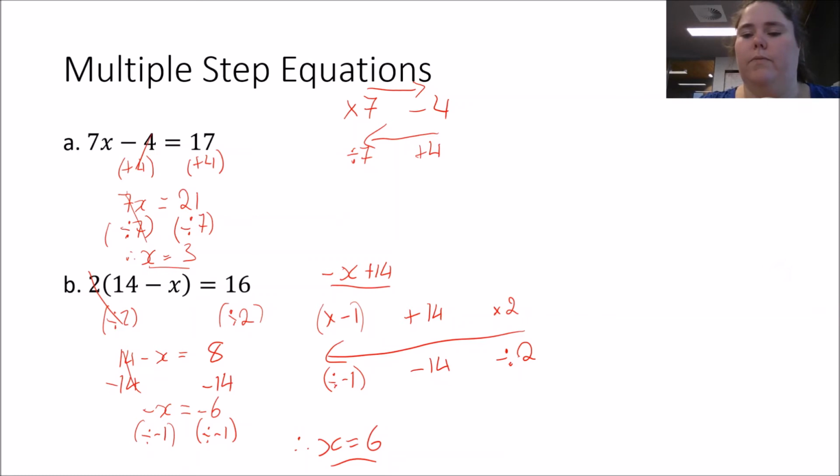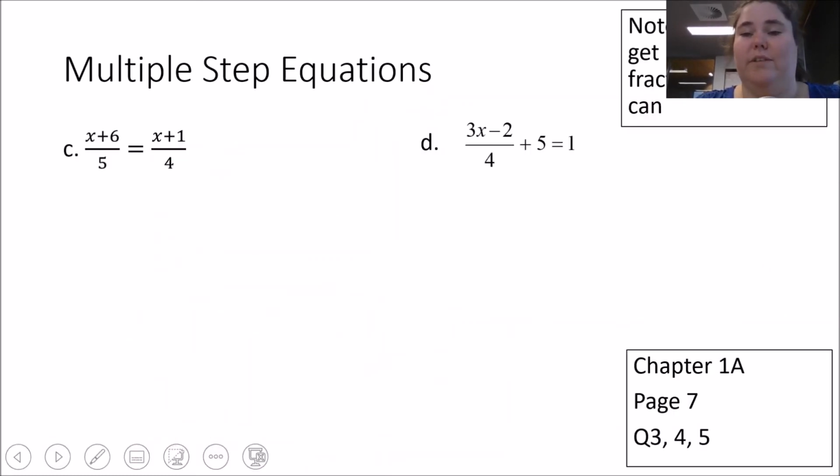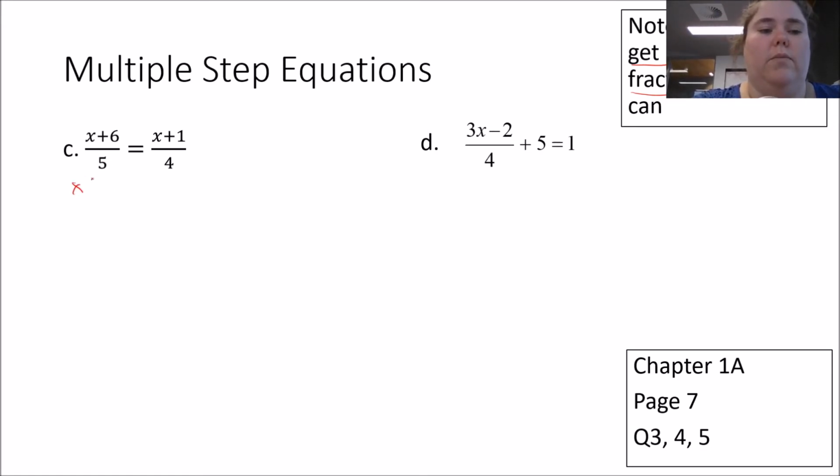Cool. So then here we have some fractions. Now fractions scare everyone, but if we get rid of the fraction first, which you can only do in equations, okay, make sure it is an equation, there is an equals there first, then we can get rid of the fraction because it's just a divide. So we're going to do that first. So here, to get rid of this fraction of a 5, we're going to times both sides by 5. So it cancels it here, but timesing this side by 5 makes it